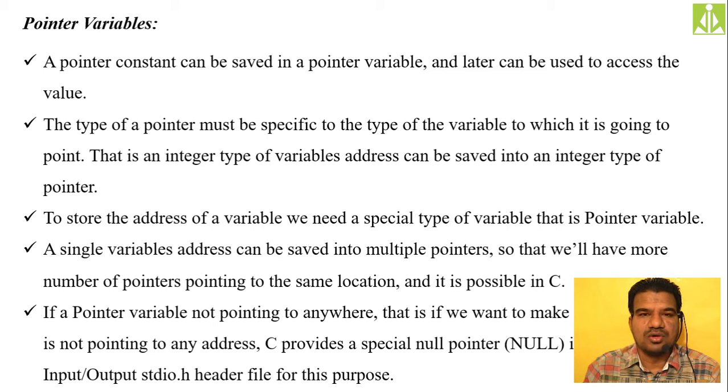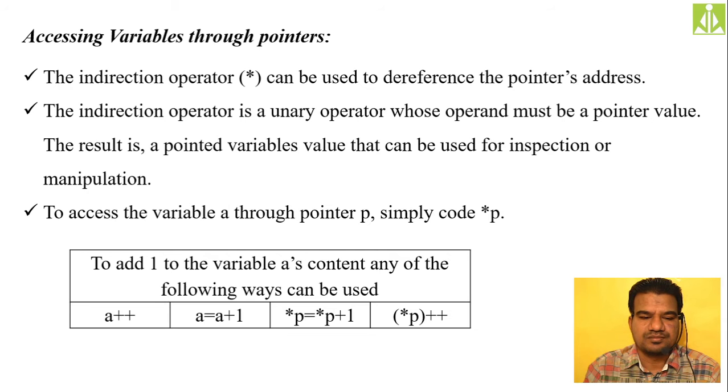And if you want your pointer not to point anything in the computer memory, then you have to make it as null. This is something like avoiding the garbage values in your program. So whenever you are declaring a variable, simply to avoid the garbage value, what we are doing, we are initializing that variable with 0. And in that same way, if you are declaring a pointer and initially you are not assigning any address to it, then simply make it null so as to avoid the garbage values into that pointer.